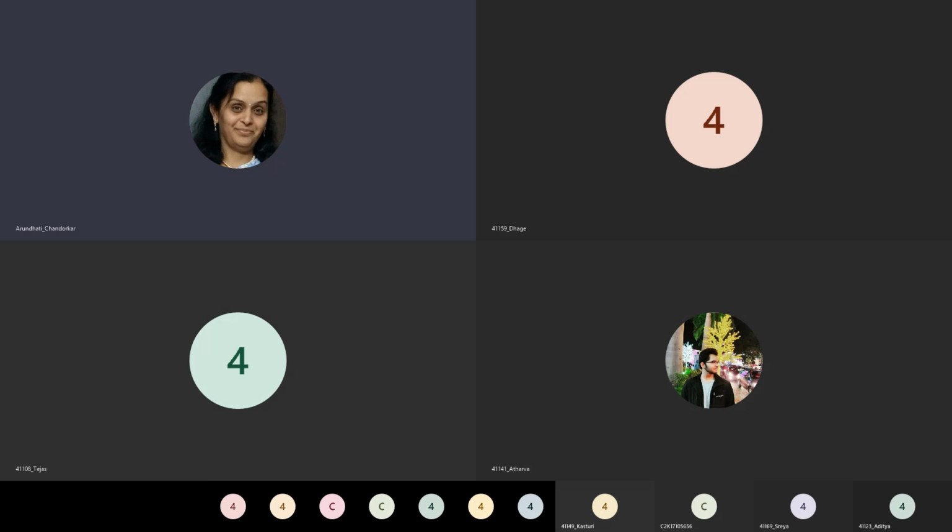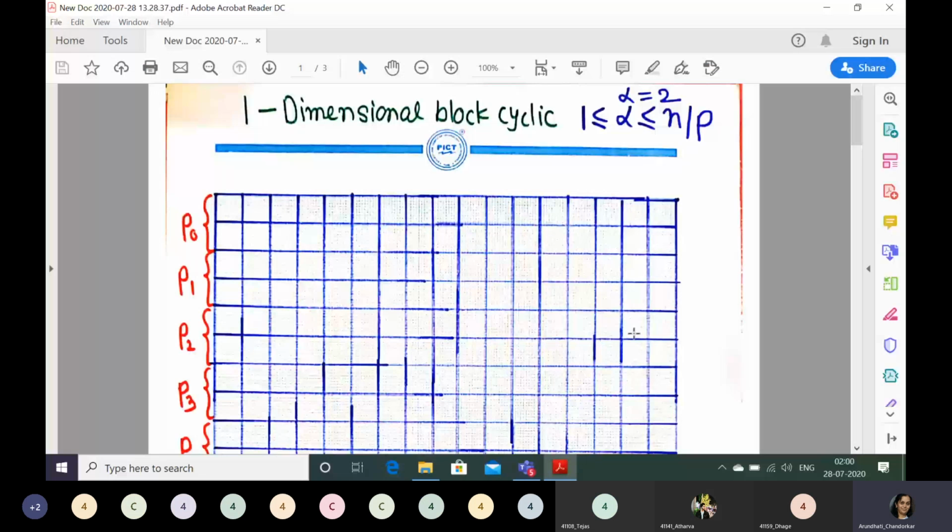Okay, students. So we will start with today's lecture. I have solved that problem with three cases. First, let us go through that, and then we will focus on today's outline. That is, we are going to complete today the last mapping technique in block distribution, that is array distribution, that is randomized, and then we will move ahead towards the next category. Let us see how much we can complete in 1 hour.